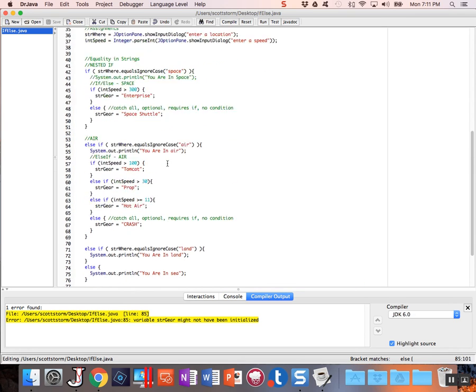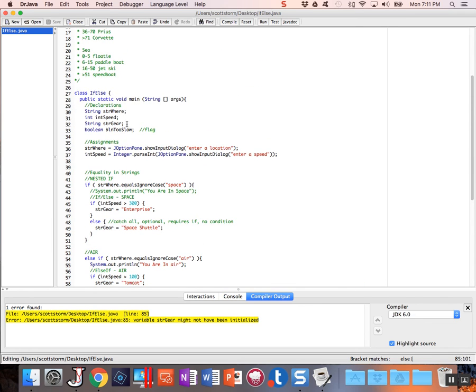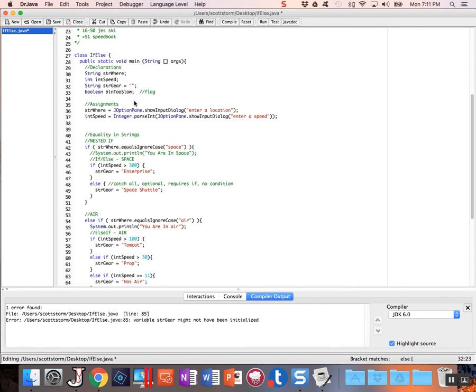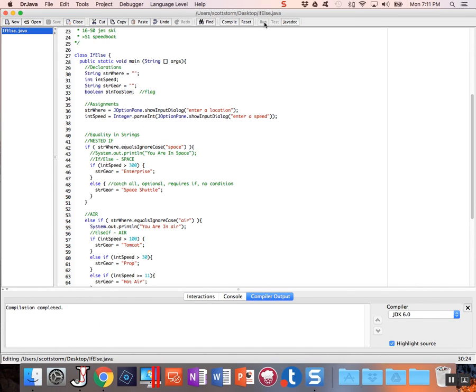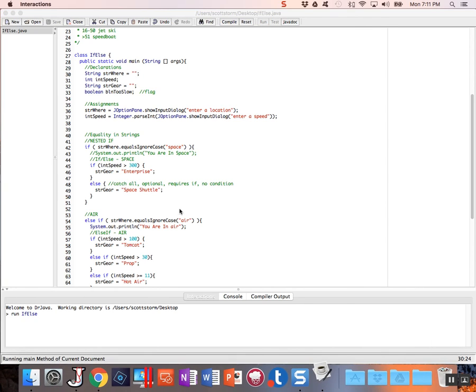That's an initialization error. So to fix that initialization error, all we need to do is go up here and make sure that string gear is assigned a value. And that's all you got to do. We're assigning it just an empty string, no value at all. Might as well do the same thing for where because it's a string as well. Okay. And we're going to compile and run it. And the reason we didn't get it for where is because no matter what, in every situation Java recognizes it has been assigned a value. So now we're going to do air,